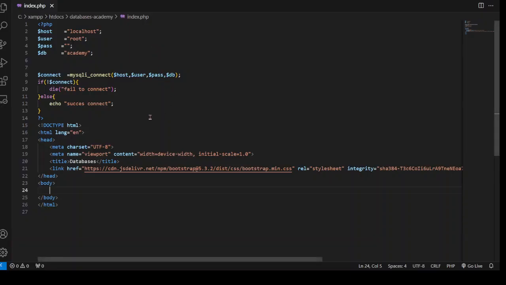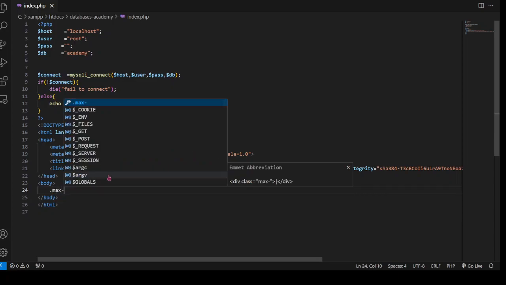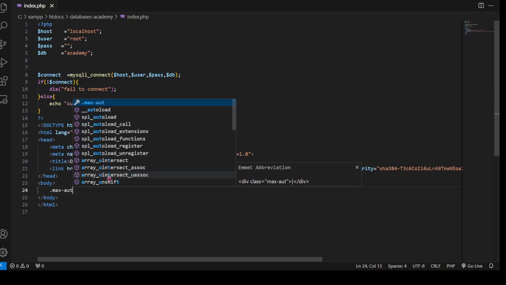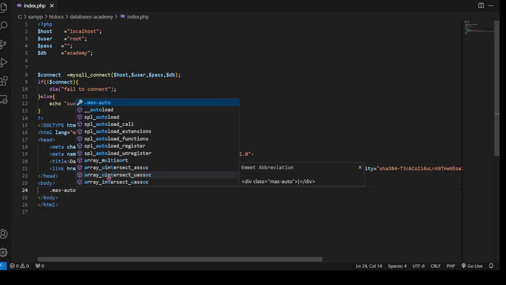Alright, okay, so I forgot one thing. We're gonna make a div with the class name because we add this. Gonna make a div class with the name mx-auto. Okay, here,